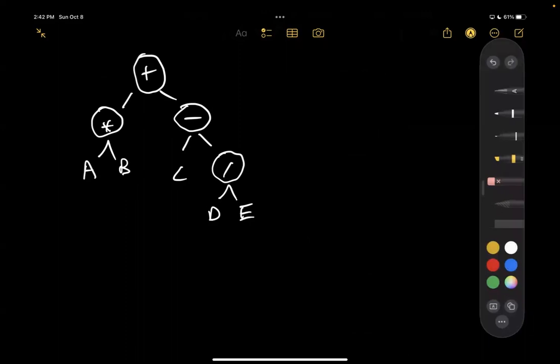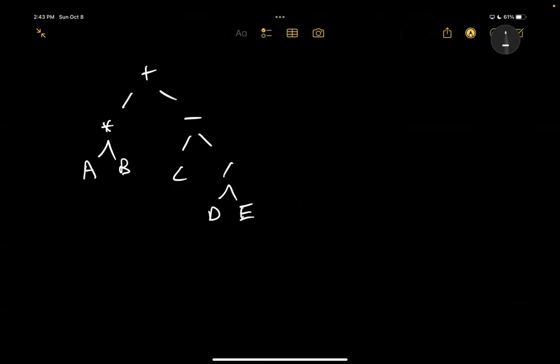I'm gonna delete these circles. As you can see, the rules in the tree are as follows. All leaf nodes must be operands. So as you can see, all of the leaf nodes, being these 5, are operands. Operators must have operands as children. So as you can see, our operators, being these ones,